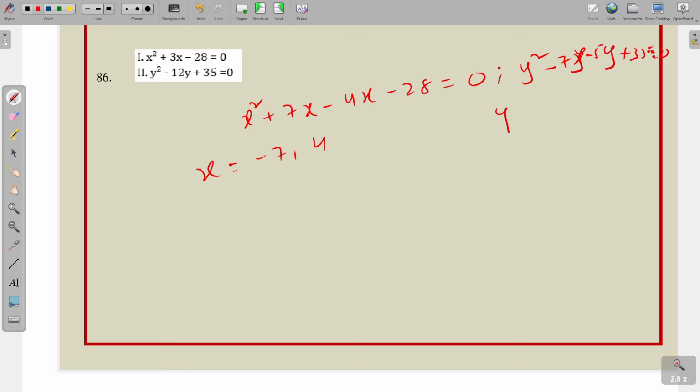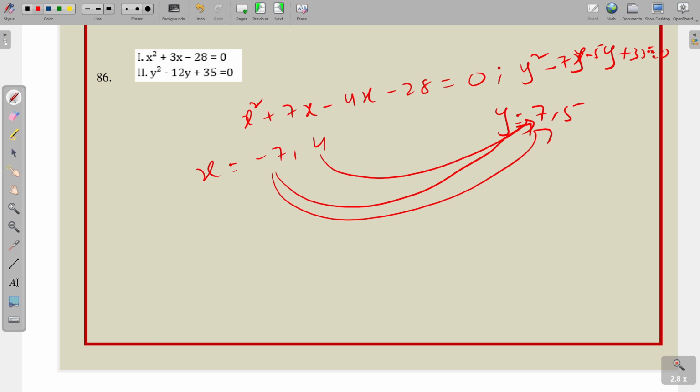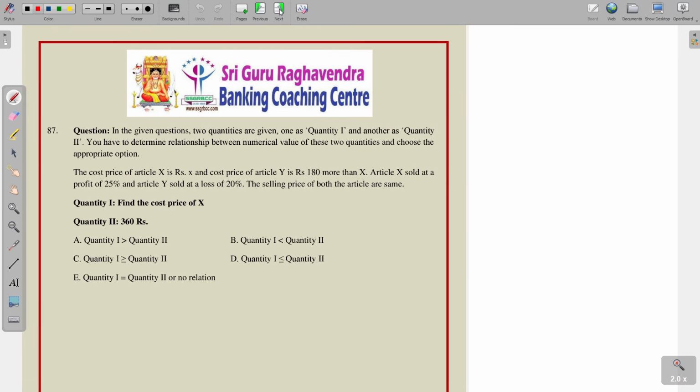So, y equal to 7 comma 5. In that x is lesser, in that x is lesser, in that x is lesser, for this also x is lesser, that is x less than y for this question. So, next question is